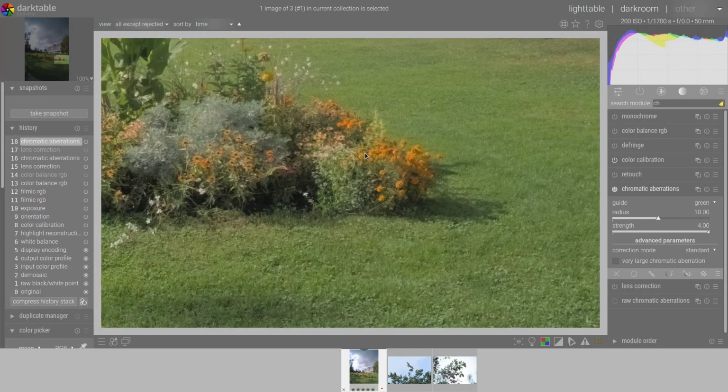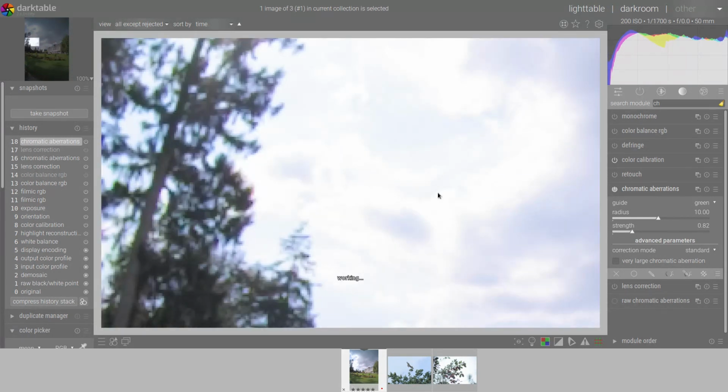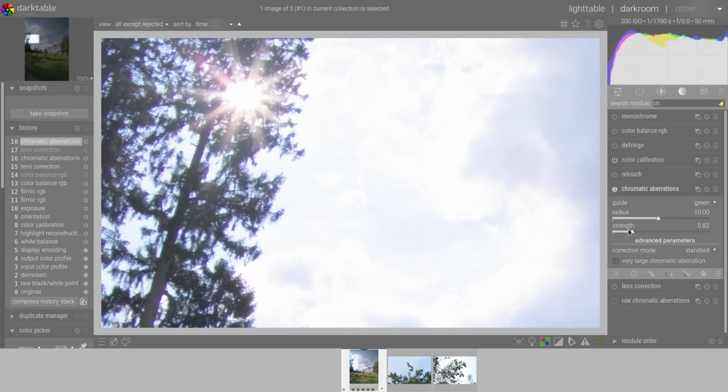Here you can see that our colors are completely washed out, and reducing the strength allows progressively to recover some colors here. So the thing is, we want the strength which gives us the best correction while preserving the colors.